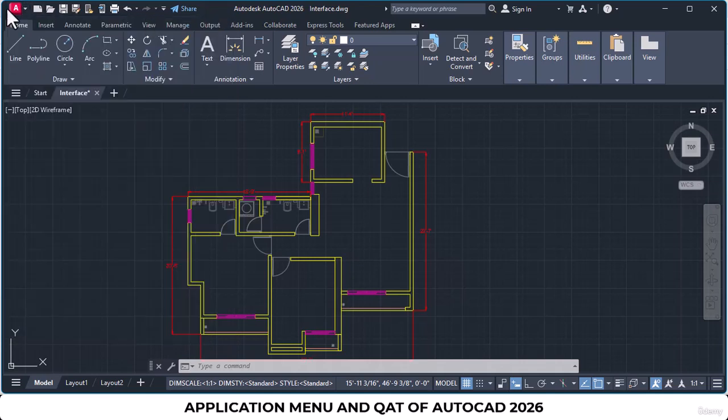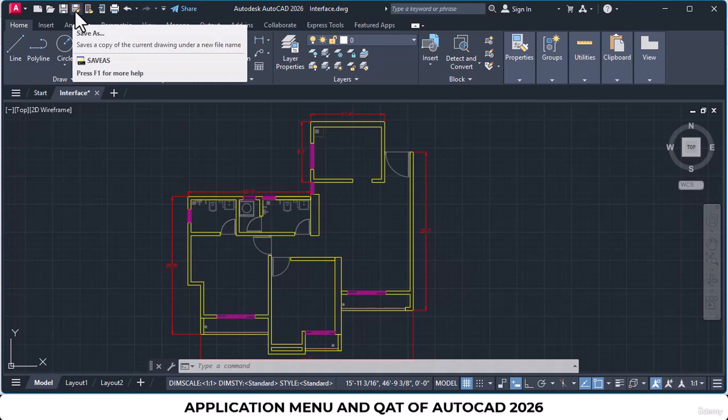Now, next to the application menu, you have the quick access toolbar. This is the quick access toolbar, and in that you get the options to create a blank drawing, to open an existing drawing, to save the current drawing, to save the current drawing with a different name, to open a drawing from the web and mobile version of AutoCAD, to save the current drawing in the web and mobile version of AutoCAD, to plot the existing drawing.